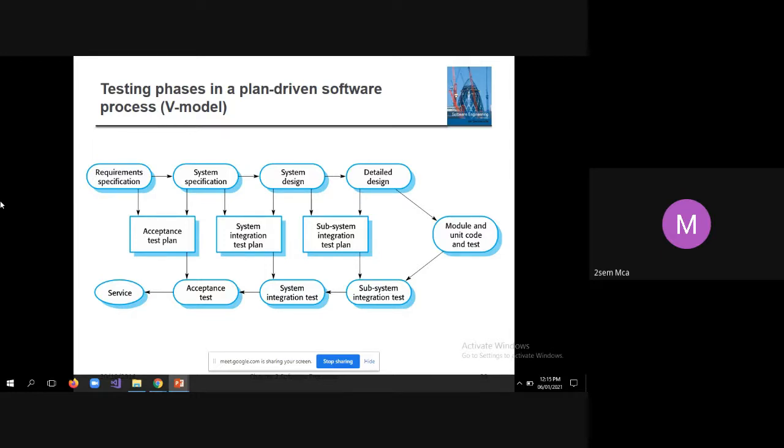Instead of rejecting, he may request, kindly implement it in some other way so that it will be easy for us to access. Such requirements he can place, but he cannot reject, because after taking approval at each of the stages, they have moved forward. That is the reason why the client cannot reject the software just like that.